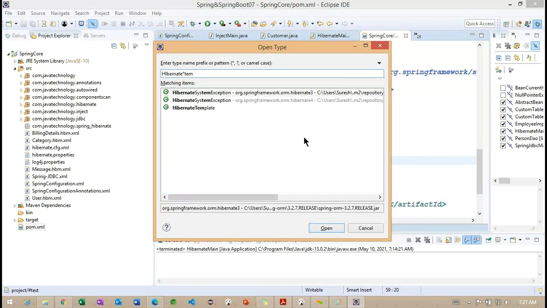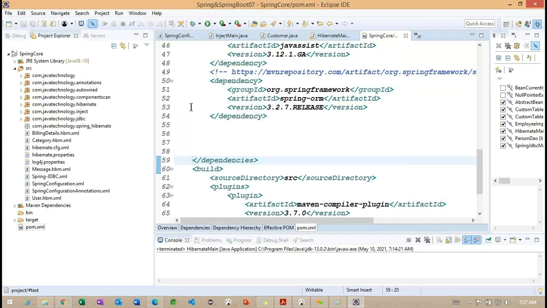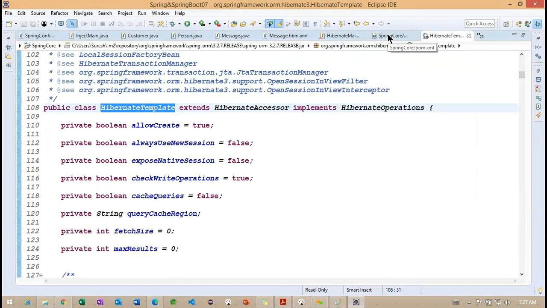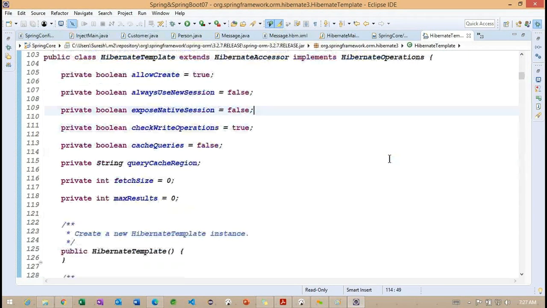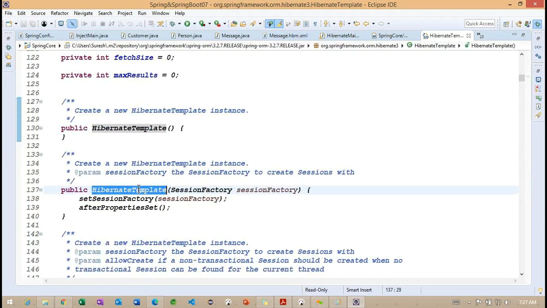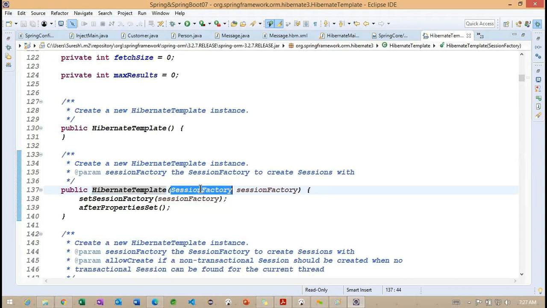Let me open this particular Hibernate template class and see what exactly this template class contains. Now you can see, first, this is the default constructor.